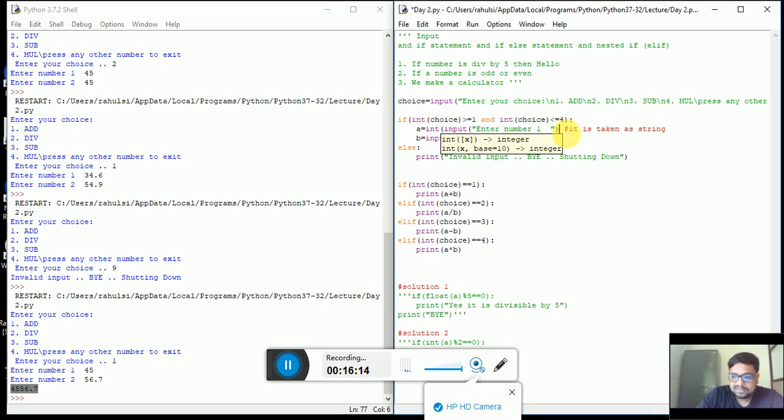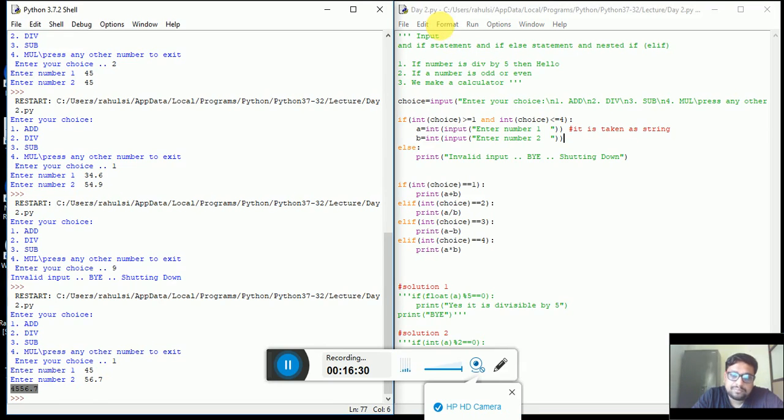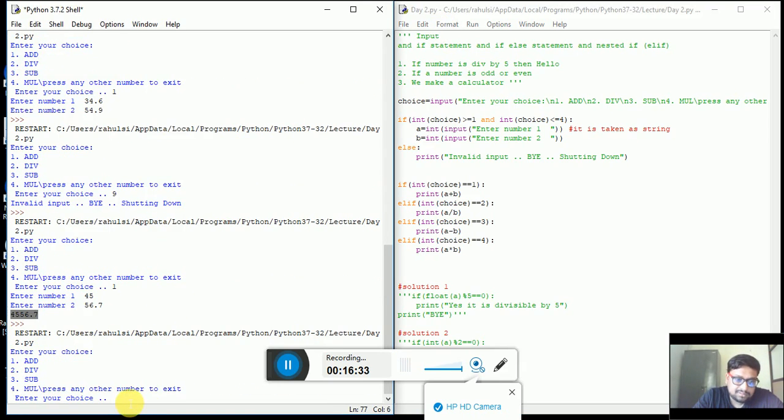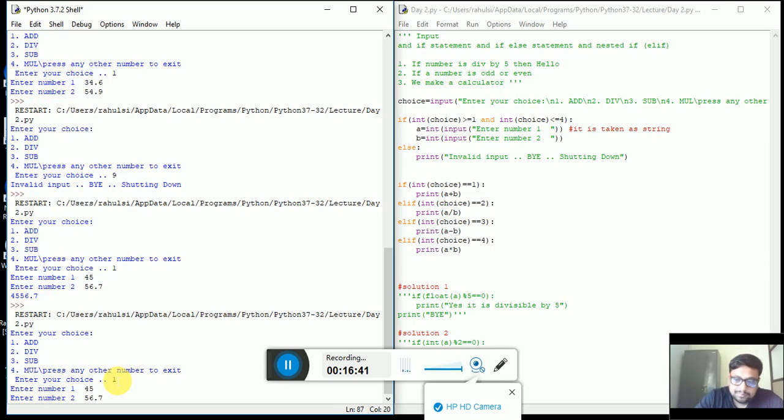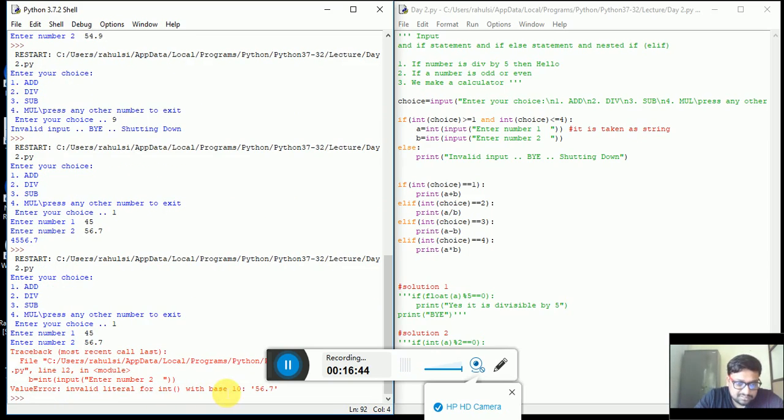But in this case, if I do a type conversion over here, then I don't need to do any type conversion afterwards. Okay, so Control S, F5, and I want to add two numbers, and the numbers are 445, 56.7, and I have entered, and what it has said. So it is not able to convert it into 56.7. Okay,